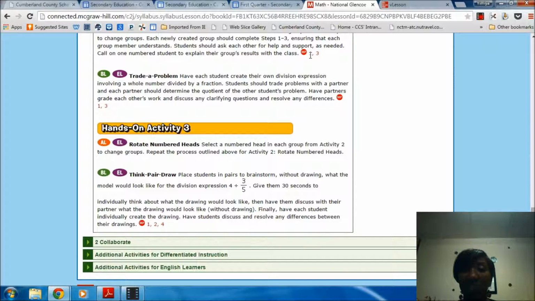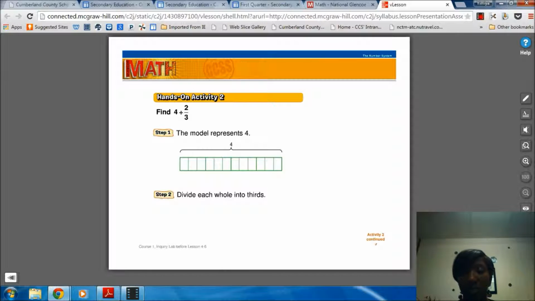1, making sense of problems and persevering in solving them. They're constructing viable arguments and critiquing the reasoning of others. So very important. And then for hands-on activity number 3,